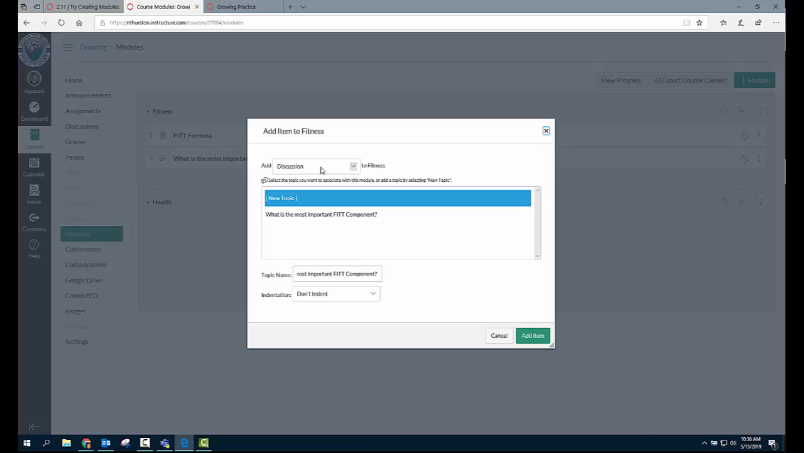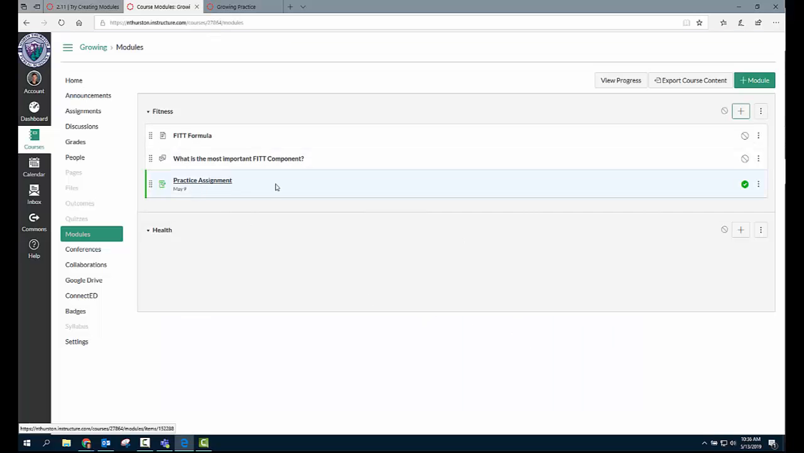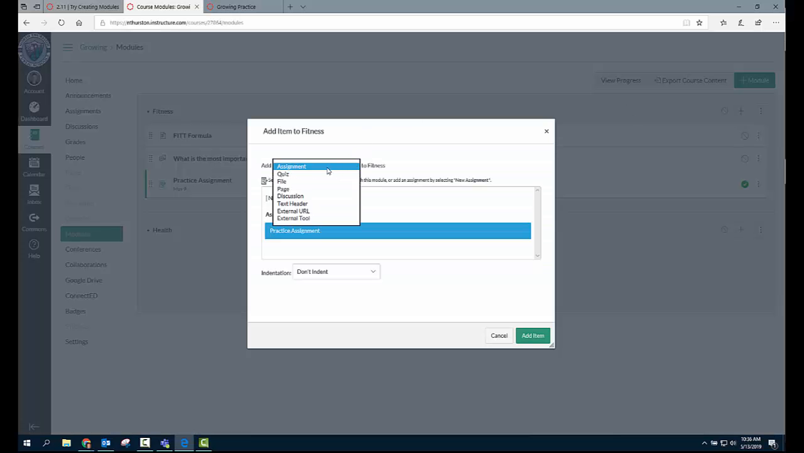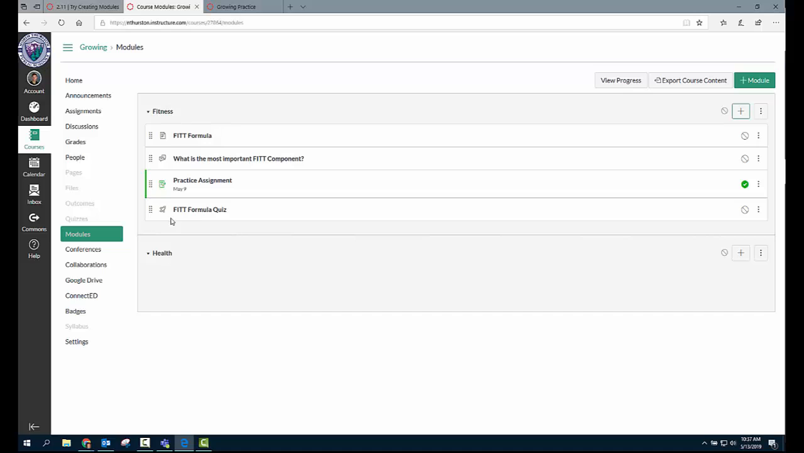Then I'm going to add an assignment. And I already have an assignment that we made during the calendar activity. So instead of making a new assignment, I can just click on the existing assignment and add that to my module. Next, I'm going to add a quiz shell. I don't have any quizzes yet, so we'll just make a place where that quiz will go later. And add that. So now I have two modules, and I have one module that contains 4 components,